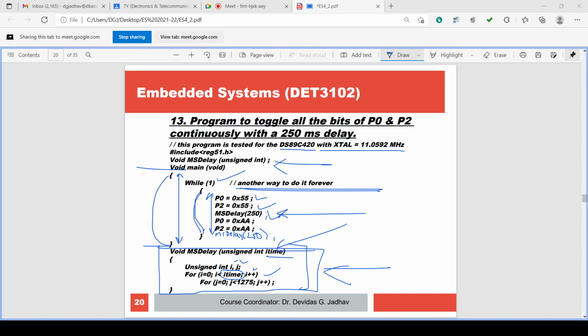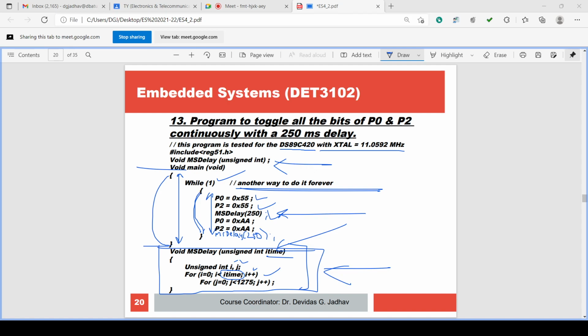That is 1010. So after assigning P0 and P2 the value 55, a delay is there, and after assigning the value AA, again a delay is there. So we are clearly able to observe 55 and AA. Now we have understood what the use of delay is in this case.